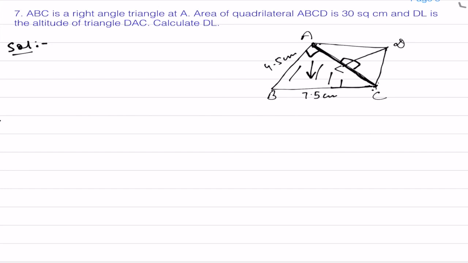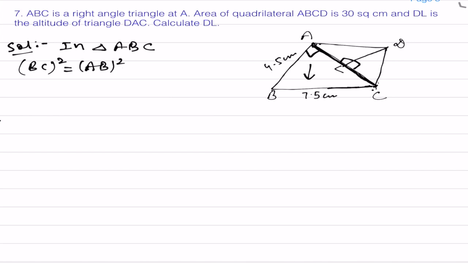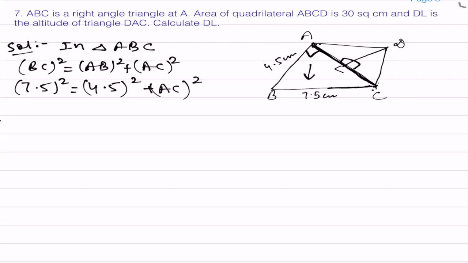First we'll find out the area of the triangle. Area of ABC is a right angle triangle, that is half into base into height. But here the base AB is given but height AC is missing. So we'll find out one of the sides of a right angle triangle by using Pythagoras theorem. So in triangle ABC, 90 degree opposite side BC, this will be your hypotenuse. So BC square is equal to AB square plus AC square. We will put the values. After solving, we can see that AC is 6 centimeter.